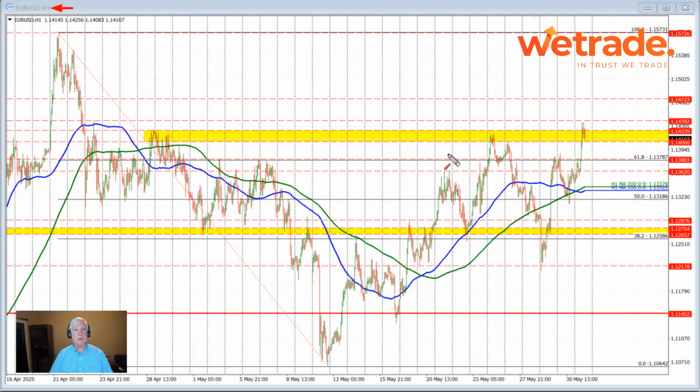The euro versus U.S. dollar on the hourly chart moved higher in the European session, and in the process we extended eventually above the 61.8% retracement of the move down from this high going back to the end of April to the low price that we saw in May. That 61.8% came in at 1.13787, and you can see the price initially found willing sellers against that level. That level also happened to correspond with these swing highs right through here, which are remembered, and although the price moved above it in trading last week and the week before, the market respected that 61.8% retracement, that swing level, until it didn't.